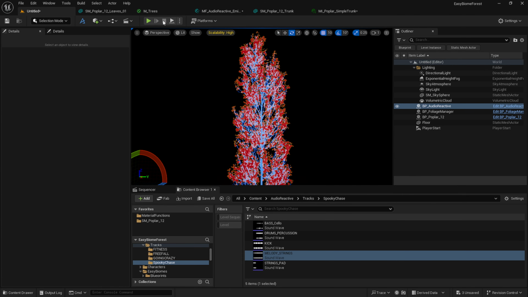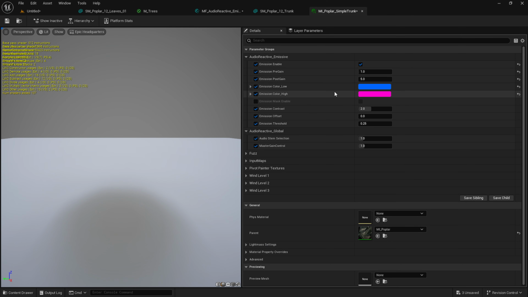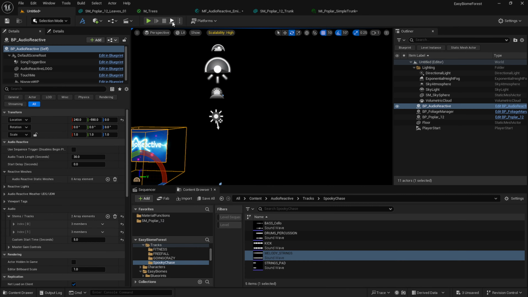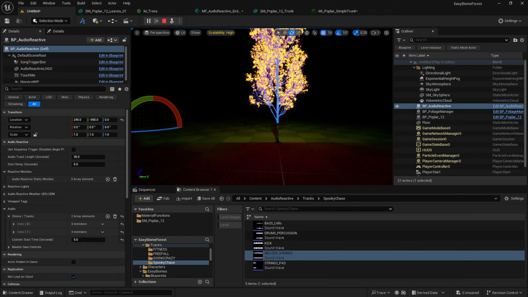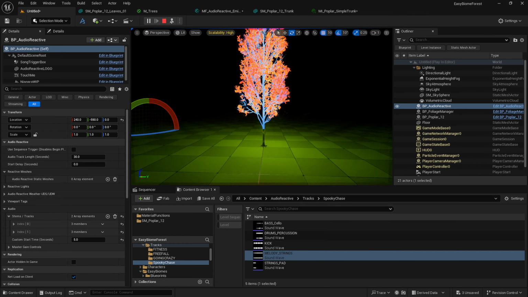So the reaction seems a little bit strong, like we're not getting a whole lot of bounce on the trunk. So let's go back into here. Let's kick this post gain back down to, let's keep it at a 1. Contrast, we'll leave that. Let's change the threshold to like a 0.5. So anything under 0.5 shouldn't trigger. It's a little bit better.